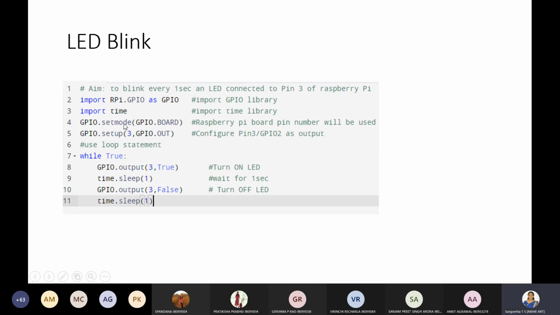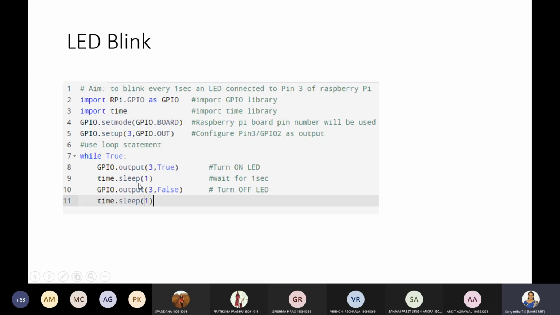Okay, and then similar to the previous case, here also set the mode of this Raspberry Pi to GPIO board or GPIO BCM and set it up as an output pin. Next, what I'm doing is I'm going to apply initially high voltage to pin number 3, and I'm going to add a delay here using time.sleep.